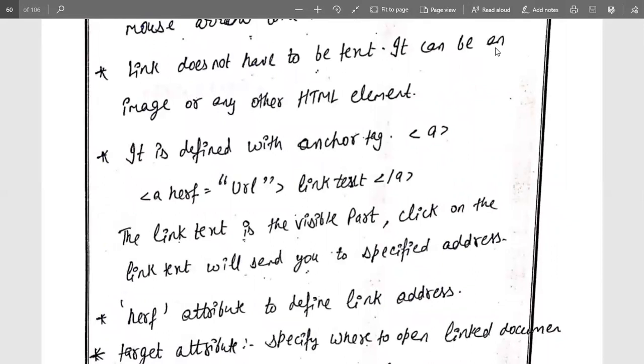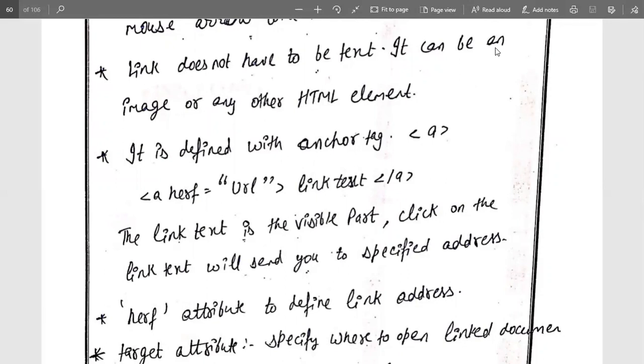The anchor tag has an attribute called href. Any attribute must have a value, as I already discussed, an attribute must have a name and value pair. So here the attribute name is href and the attribute value is the URL, and the value always comes in inverted commas. We can also use single quotes for that value.